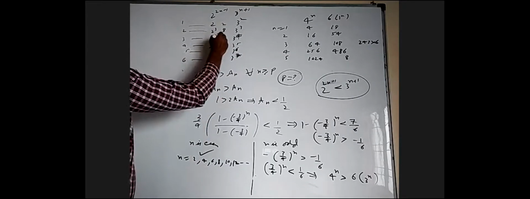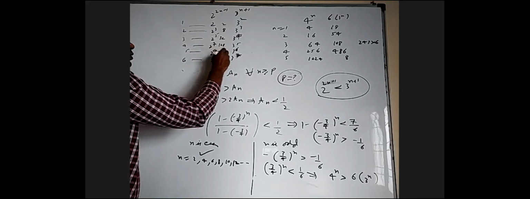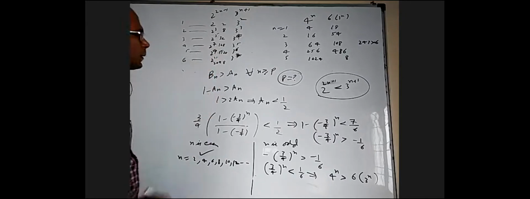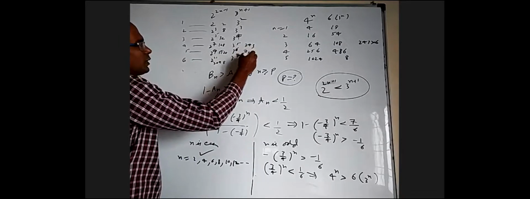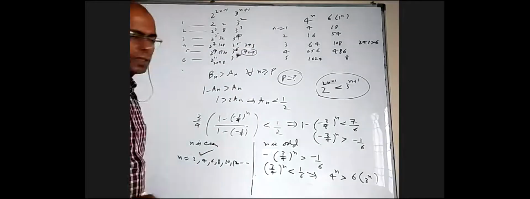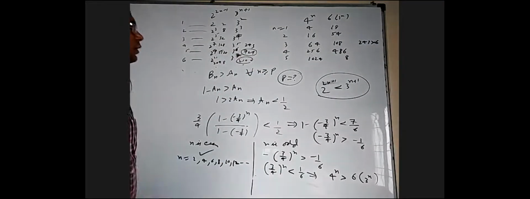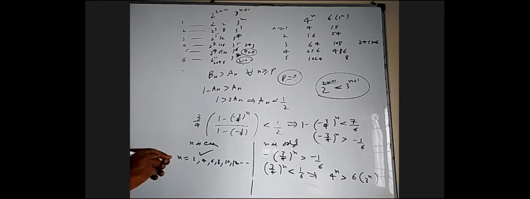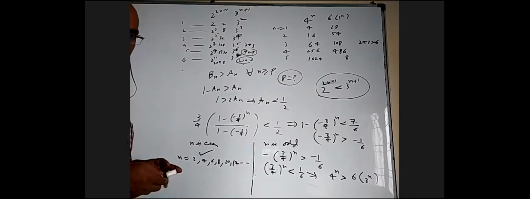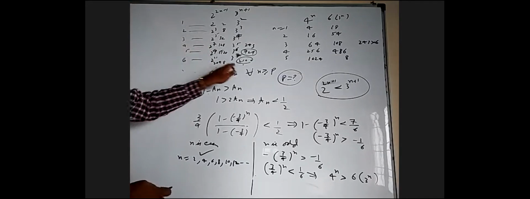This is 2, this is 8, this is 32, this is 128, this is 512, this is 2048. This one is 243, 3 power 6 is 729. What is 729 into 3? Some 2100 odd. You can see this is more than this. Till the previous number, this is greater than this. No, wait. Even the next number I have to go. The next number I have to go. Yes, sir. Yeah. Till now this is less than this. We want it to be greater.